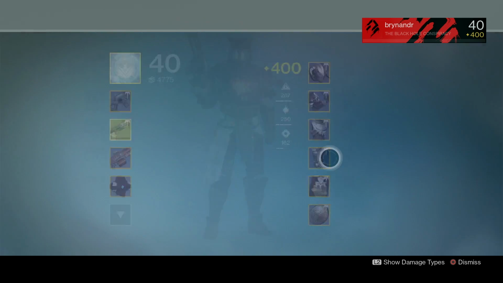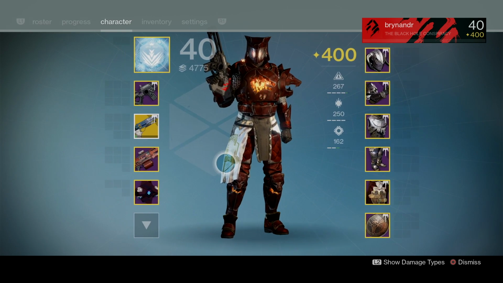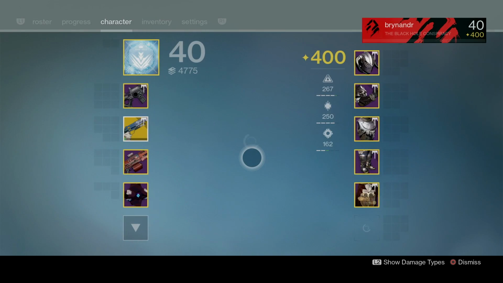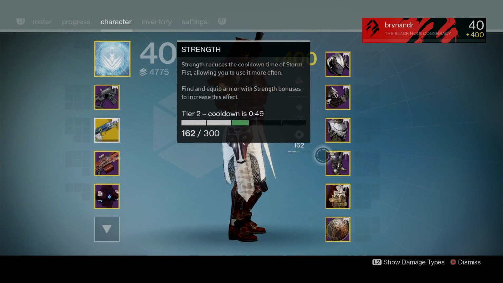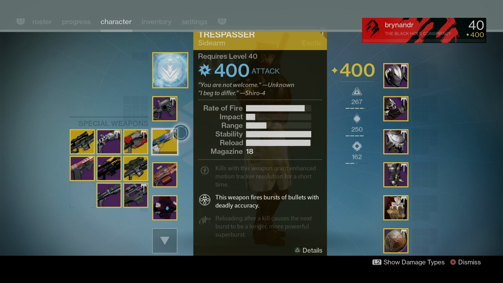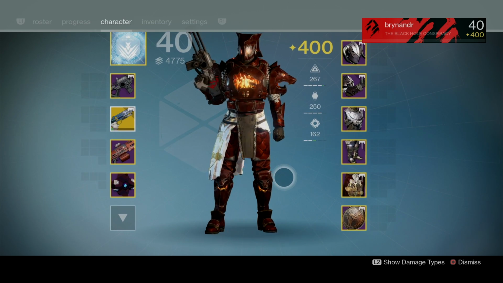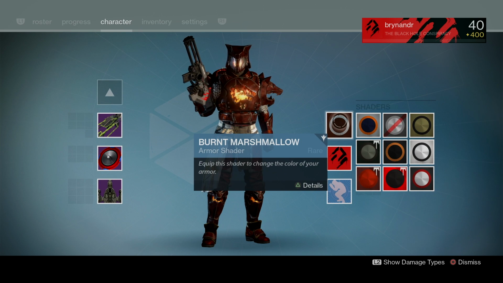Don't get me wrong, the ornaments are great. But I don't like to turn this ornament into that. I mean, it looks cool enough, but I like the cloth one. I like the gold embroidery of the tower, the Vanguard signal, of the Titan signal. Is that the Hammer of Soul? That, yeah. So for me personally, okay, it's going to be burnt